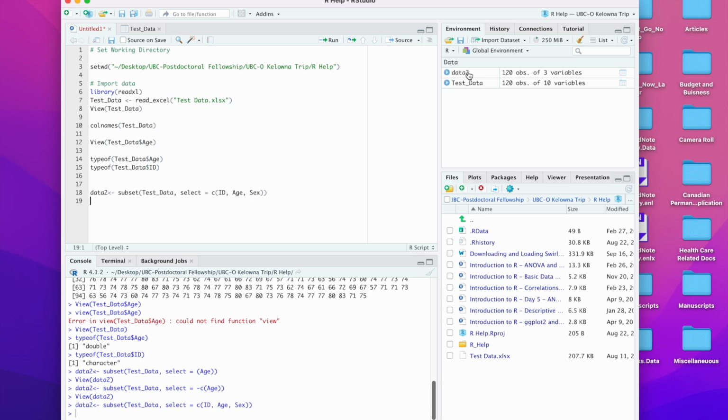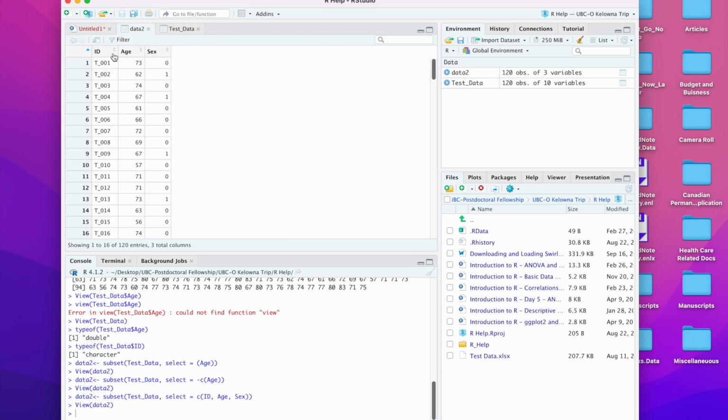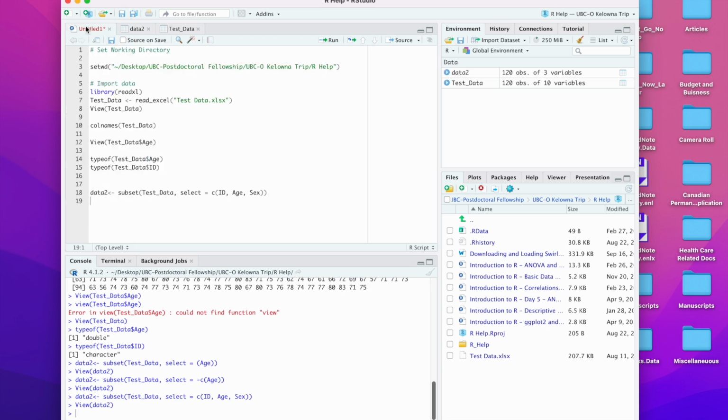That's just going to leave me with a data set that only includes ID, age, and biological sex. And this C refers to the columns. So this is just a notification for the columns that we're selecting for. We're selecting for column ID, column age, and sex. And when we put this negative sign in front of it, this means exclude those columns from whatever we are